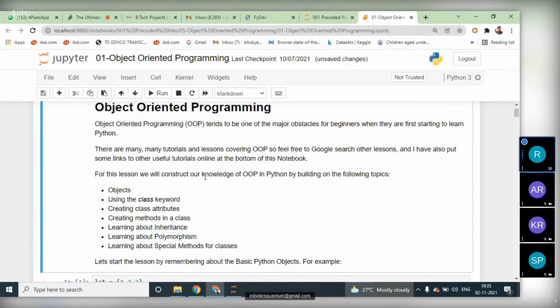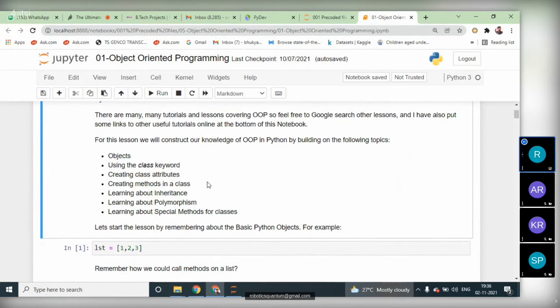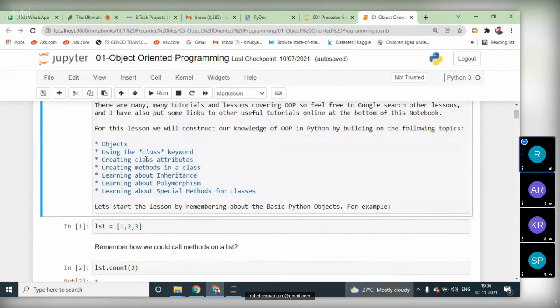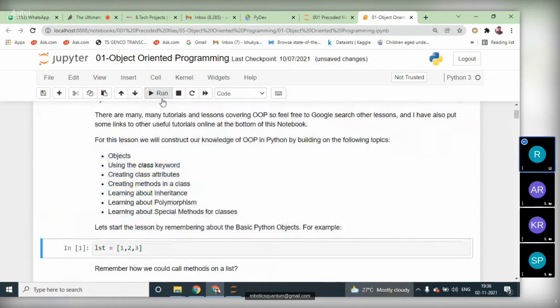The major purpose of an object is to call or get the information regarding a function, a method or a class. So that is where we need the object concept. In object-oriented programming we are going to cover objects, classes, what the class keyword is and how to use it, creating class attributes, and creating methods in the class.